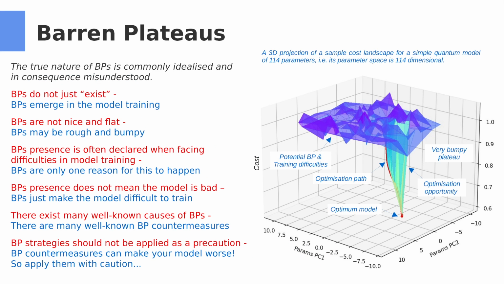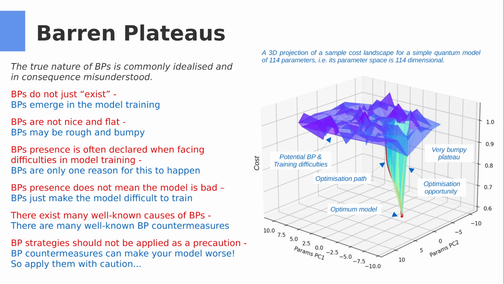The true nature of barren plateaus is commonly idealized and in consequence is often misunderstood. Here is a typical cost landscape of a very simple quantum model which had 114 parameters, and the parameter space is large, 114 dimensional, but it's not as large as in other real life models. If we want to visualize it, we could project it into the first and second principal components, and in this way we could actually see the optimization path, the red line here, the optimum point, and possibly some plateau,